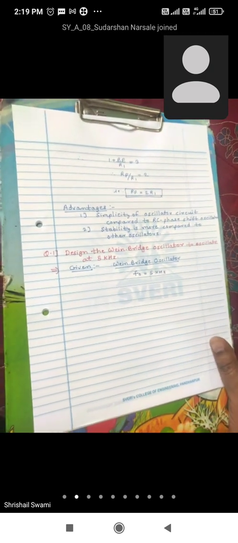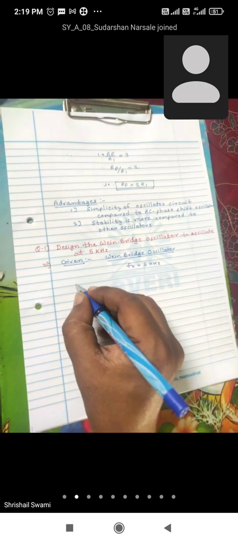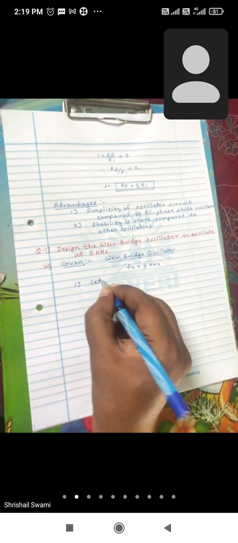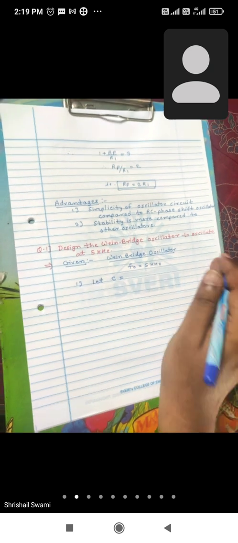You have to find out the value of R and C. Once you get R and C, you can get the value of RF and R1. So how to start? Let the capacitor we can select. Let the capacitor C is equal to, how much we can take? 0.5 microfarad. Capacitor C is equal to 0.5